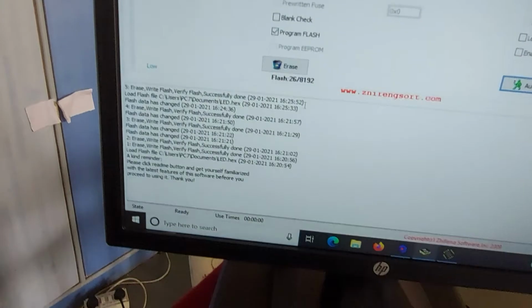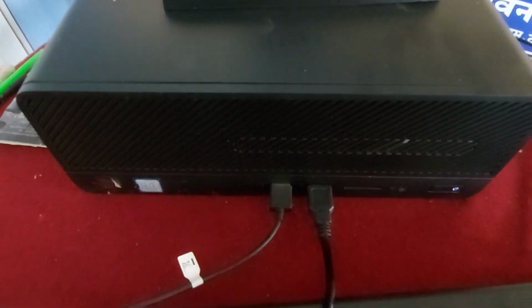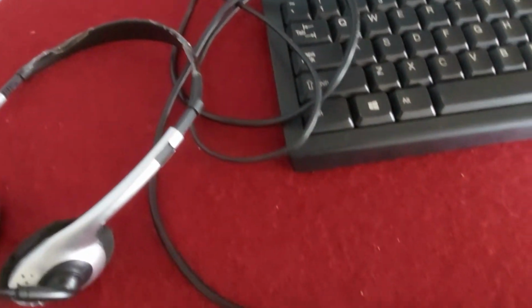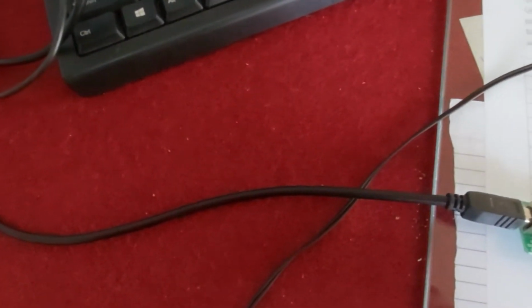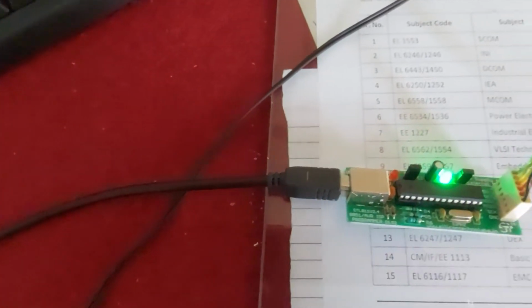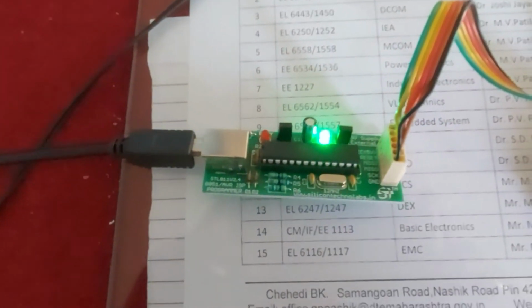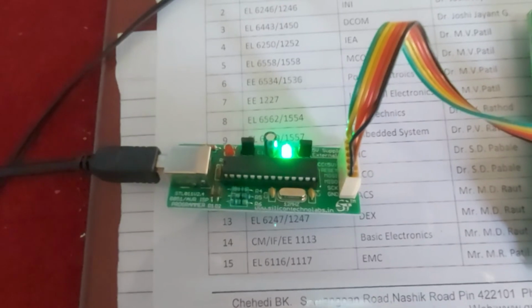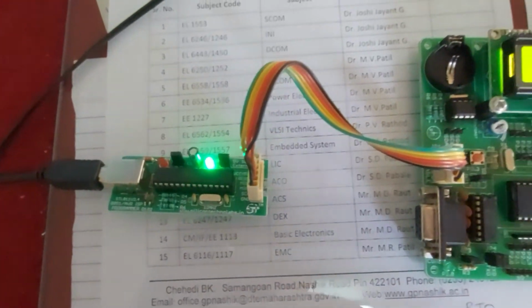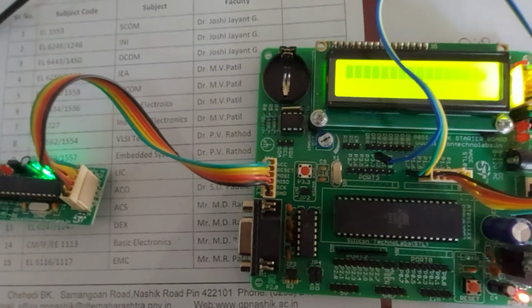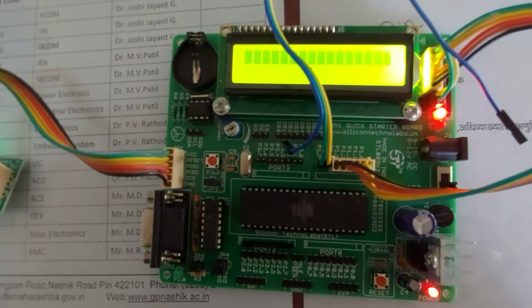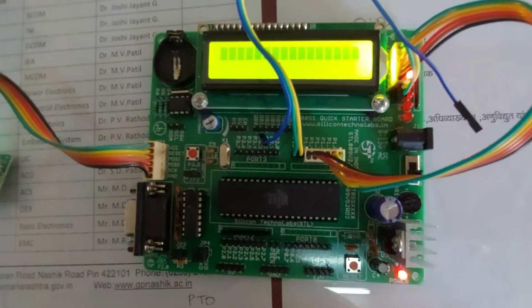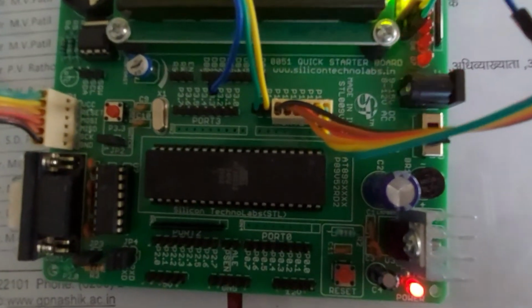The kit is connected with this USB through this cable, and it is connected through this USB supported programmer. This is the programmer, and the kit of the microcontroller is connected with this programmer. This is our 89S52 microcontroller IC.